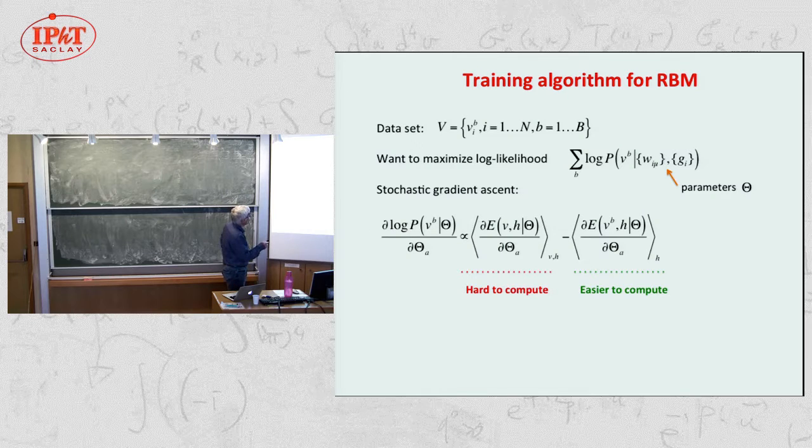It goes from 1 to capital B, the total number of data configurations, and it depends on the weights W_i mu, the connections, which depend on the g_i's, and the parameters which define the effective potential on the hidden units. For any parameter here, this is done by gradient ascent. Essentially, what you want to do is to differentiate the log P with respect to theta. And if we look at that, you see that in P of V,